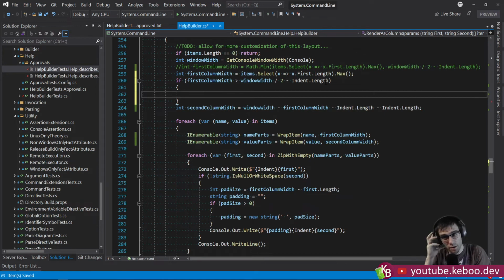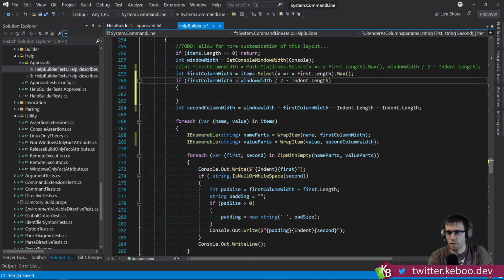Make it fast later. Okay, so if first column width is greater than this, right? Meaning we're going to do some wrapping. What we should do then is do this wrapping,